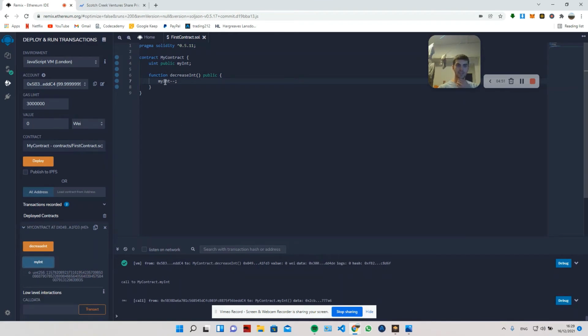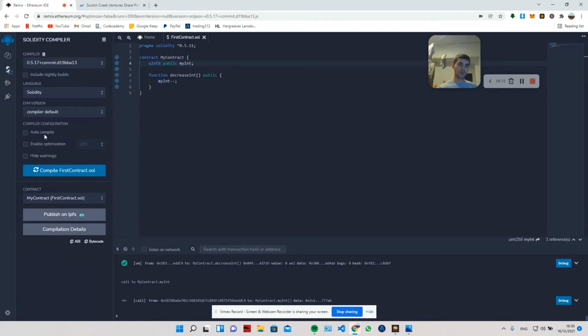Because by default, I assume it counts it as an integer of 256 bits. Basically, it's a number that's 2 to the power of 256. Now, if we set the integer to be a uint8 with just 8 bits, and we deploy that,